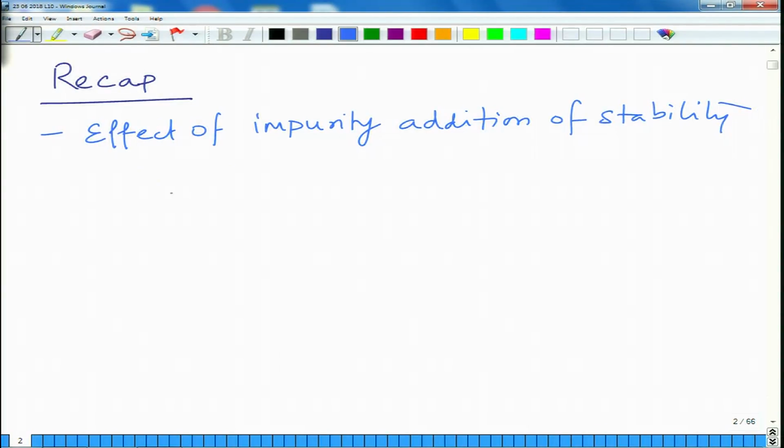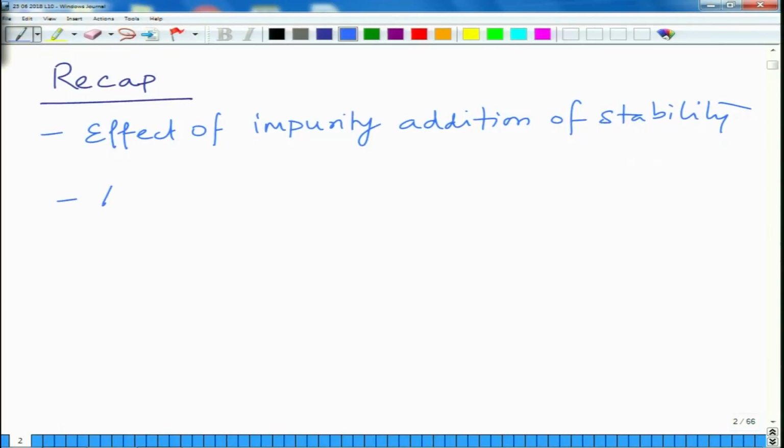So, basically when you add a small amount of impurity to a pure phase, it is thermodynamically stable. Even though delta H of mixing can be maybe positive, the slightly impure phase is more stable because of the increase in the configurational entropy, which drives the free energy of mixing to become negative in the impure phase. And then secondly, we introduced the concept of activity